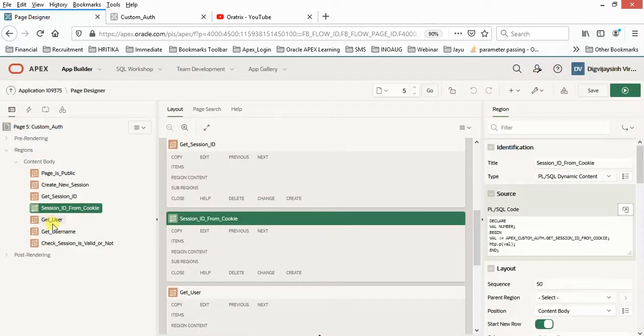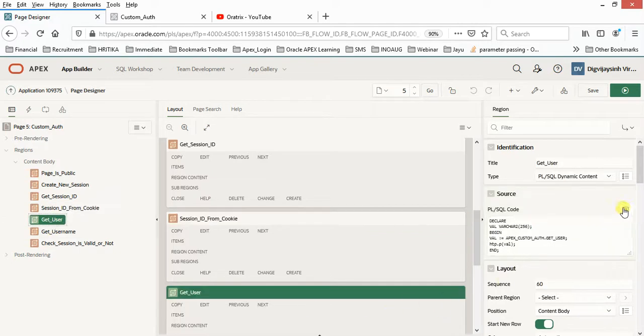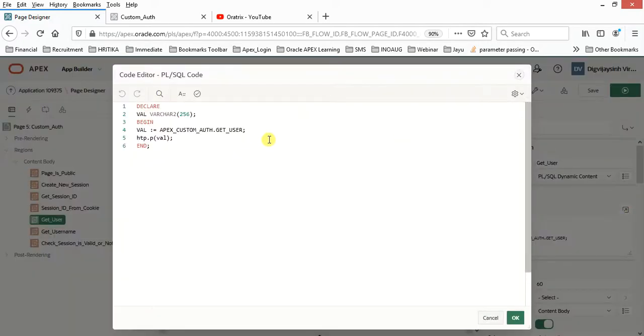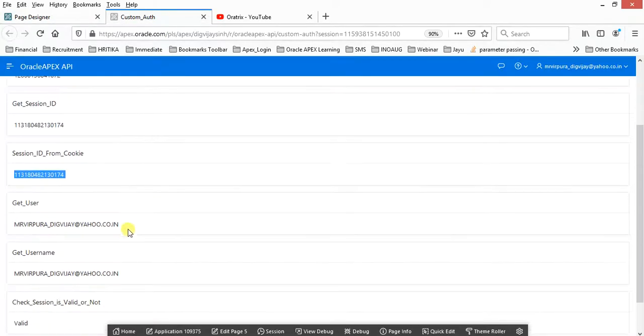Let's quickly move forward. Get user. We may require the name of the user currently logged in. We can use apex_custom_auth.get_user, and if you print the value, we get the current user. Currently I'm logged in as this user, so I'm able to see this.